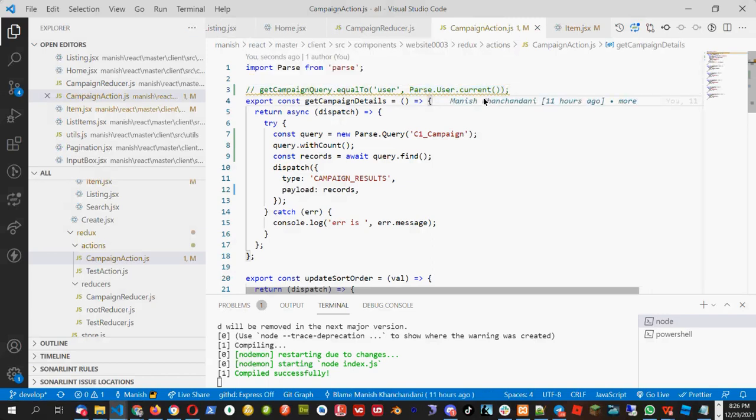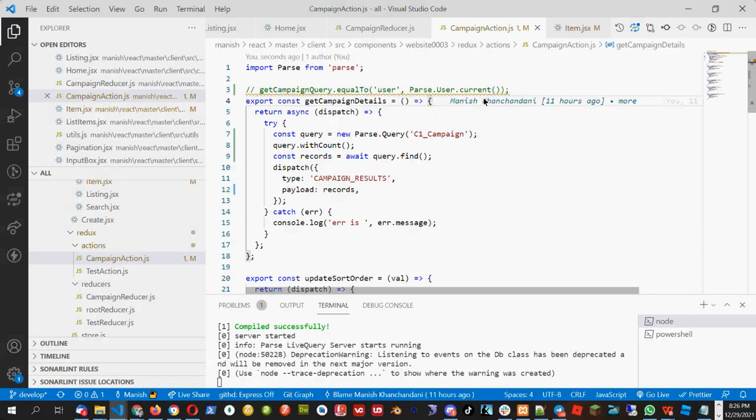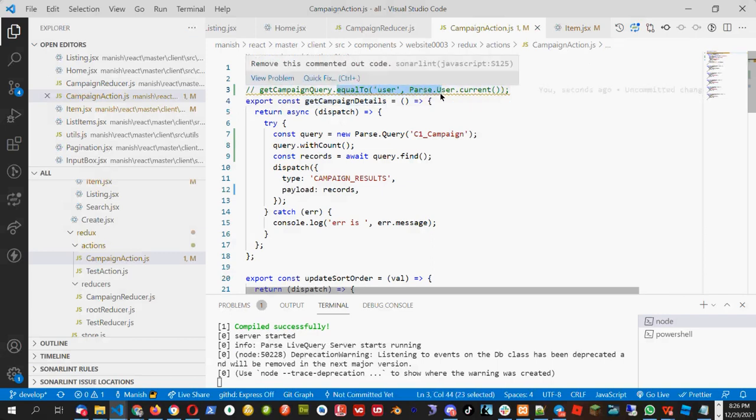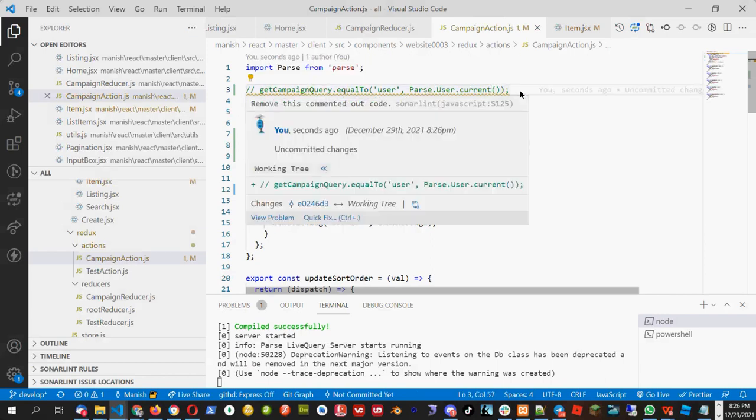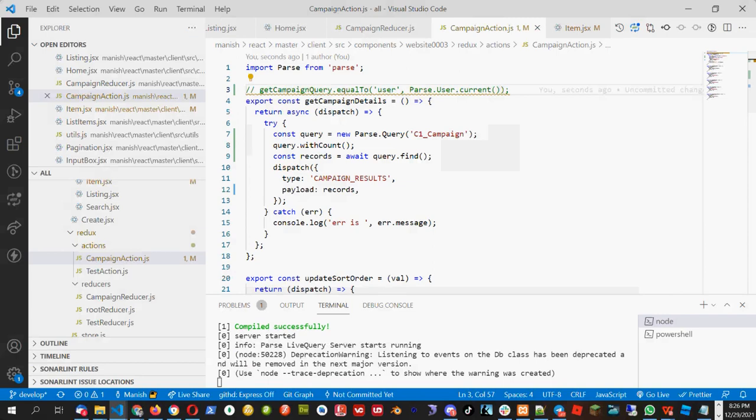This is the campaign, so that everyone can view all the campaigns in my database. If you put this, that means you are only watching your campaign. So this is wrong. You cannot put user equal to current user, because then you will only see the campaigns which you have created. But the purpose of the campaign page is to see the campaigns of all the users. Okay, this is one mistake you have done.